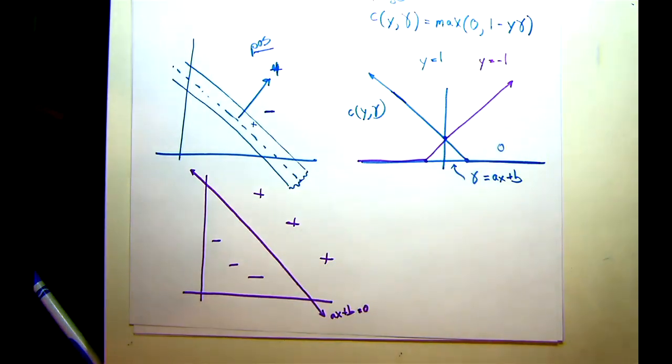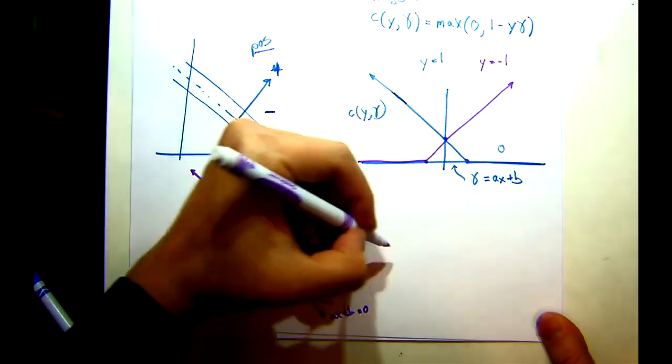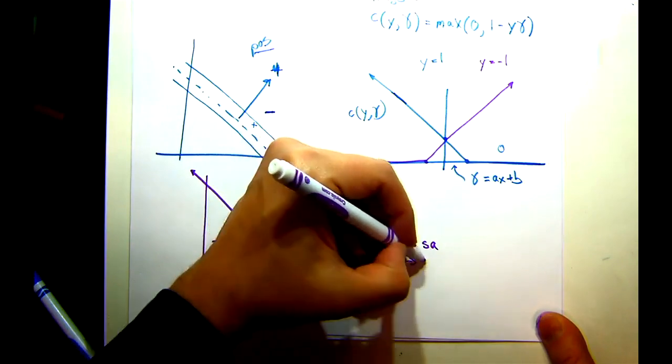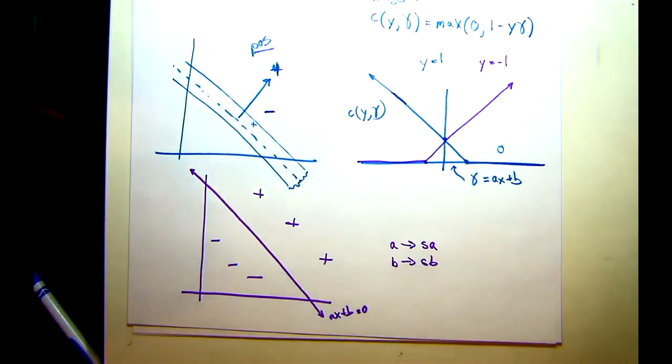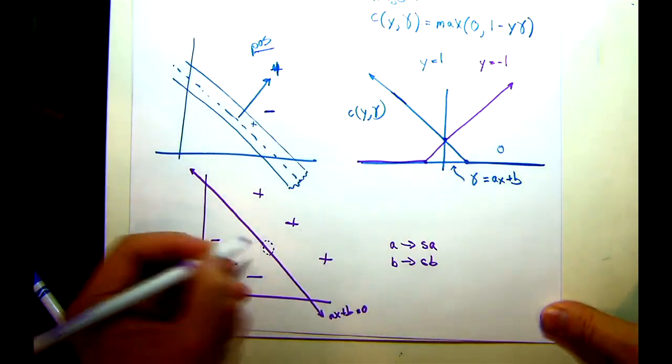Now the interesting thing is that the scaling on A and B are arbitrary. We can rescale A and B and keep this plane in the same spot. And so we could just have A is equal to some scaling times A, and B is equal to some scaling times B. So basically there isn't a unique solution here for the same cost and for that same sort of plane that we're going to break it on. But we can kind of think about what happens if an example is really close to the boundary.